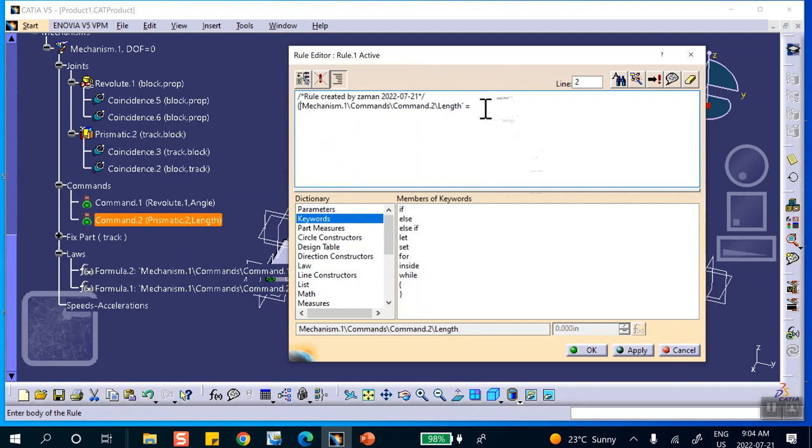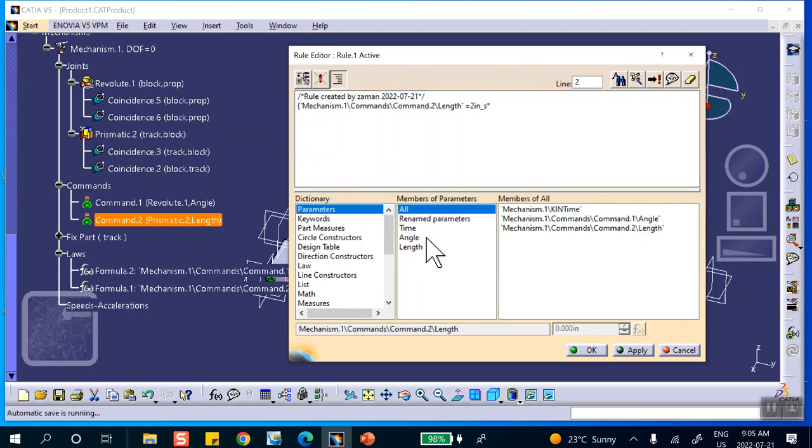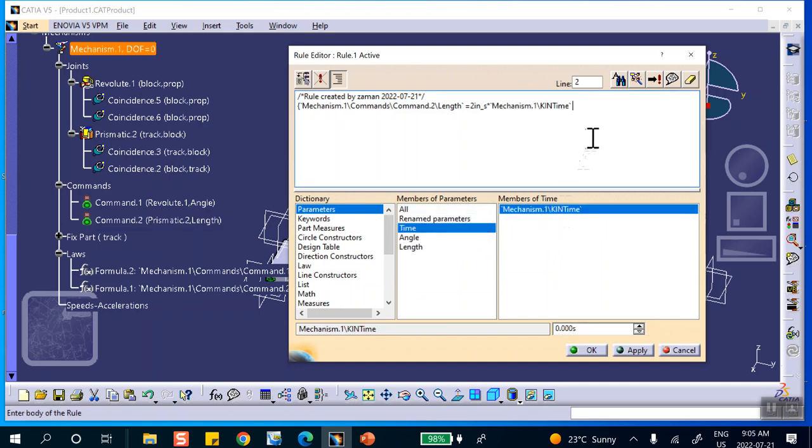Up there. Equal to 2 inch per second, 2 inch underscore second, or 2 inch divided by 1 second, times time. Now time, if you can't find it, go search in your list. Wait a minute. Keywords, dictionary, parameters. Oh yeah, time, parameters, time. It's the same thing that you did for formula, except that you're writing it as a line of code now. Next line,